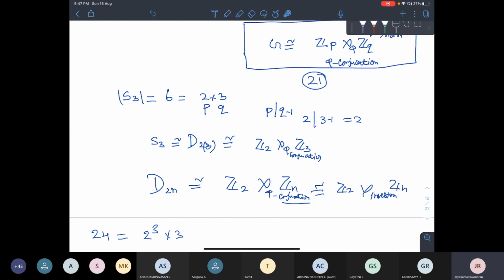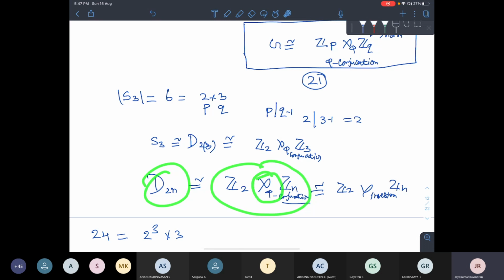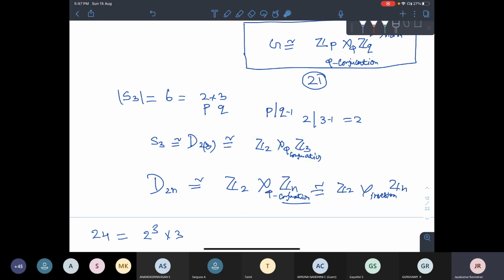Okay, so these semi-direct products are very important. If you have attended my first lecture or second lecture, I would have commented about the Weyl groups, right? This D2 answer comes as Weyl group for many Lie algebras. So from that you can understand that the semi-direct products are very important. It's easy to learn. Just go through the online notes or online videos. There are some videos about semi-direct product. It's not difficult. It will help you. So again, using the known abelian group, you can construct a nice non-abelian group because of this semi-direct product.